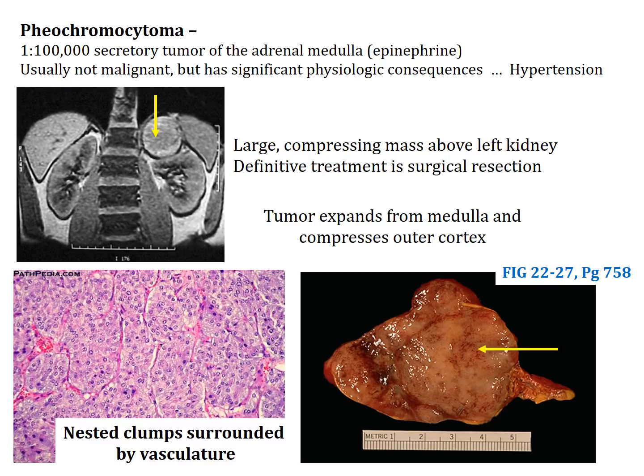Catecholamines, right? Specifically epinephrine and norepinephrine. So another term that we can use for this tumor is an adenoma, right? A secretory tumor, an adenoma. But the pheochromocytomas are typically not malignant. They're typically not cancerous. Doesn't mean that they're without consequence, because the consequences can be very significant due to the